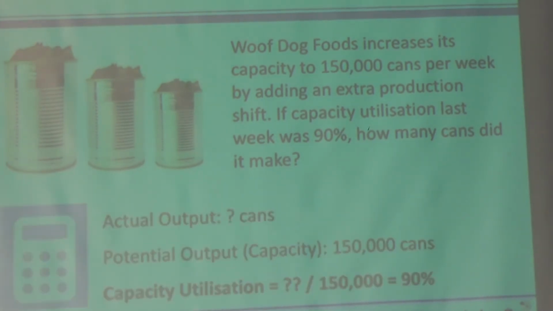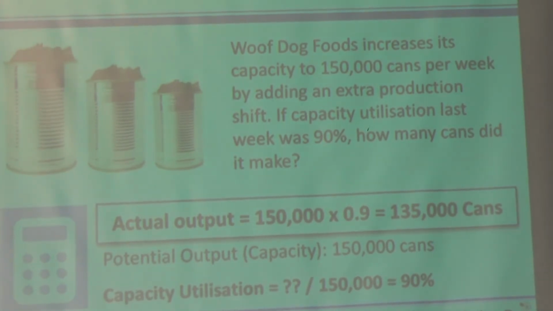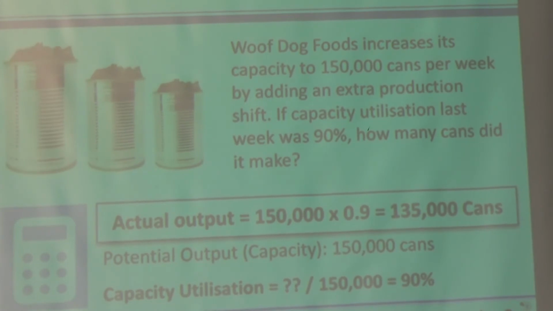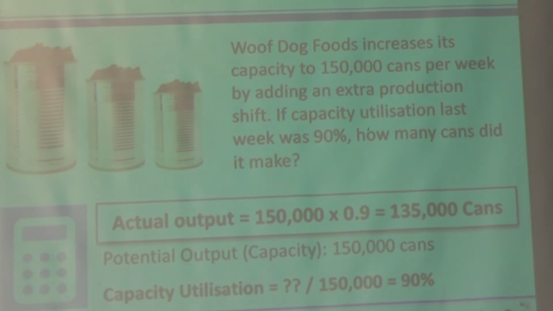Well, let's have a look at the answer. We're given some of the information, we're given the potential output, the capacity of 150,000, and we're told that the utilisation figure was 90%, so we have to work out what the actual output was. Well, in this case, we take the potential, 150,000 cans. We're told the actual output was 90% of that, so 150,000 times 0.9 or times 90%. That comes out at 135,000 cans of dog food. So that's how many cans Wolf Dog Foods made last week at a 90% utilisation rate,